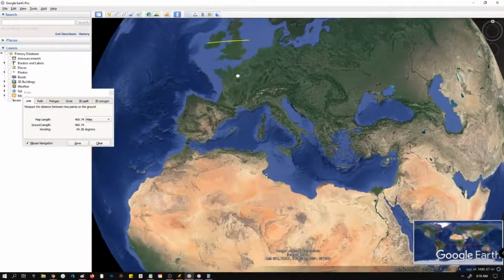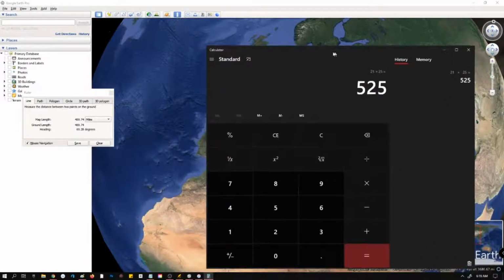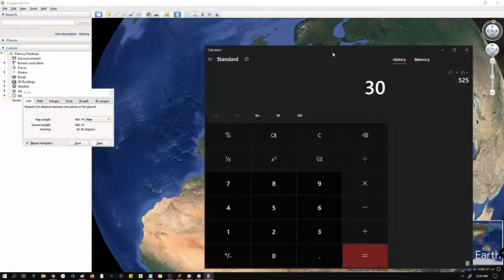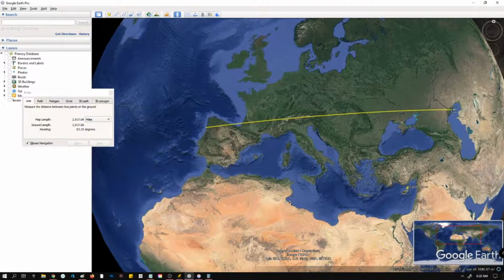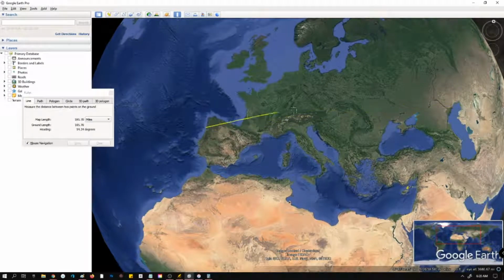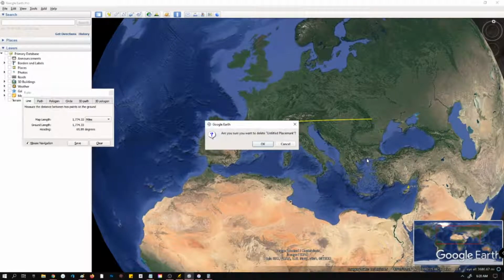Some people are like, oh, it took like 3 months to pass. Well, let's go back to the calculator. 30 days times 3 is 90, times 25, boom, 2,250 miles. Now we're getting into walking from Portugal all the way to the Caspian Sea. So you kind of get an idea of how far things are going. Again, the 25 miles is based on the